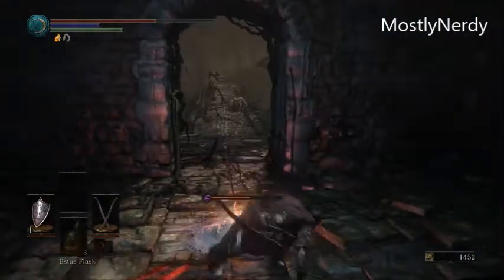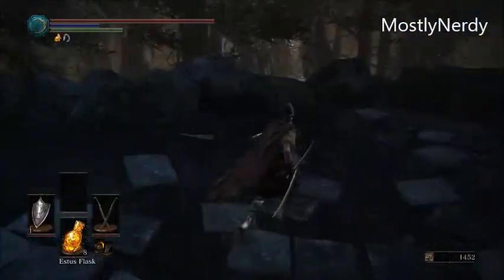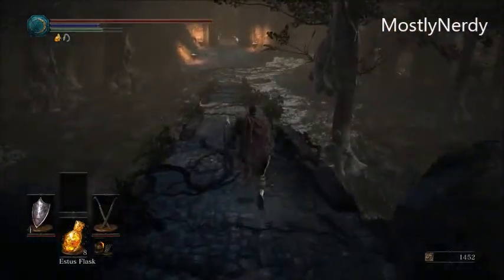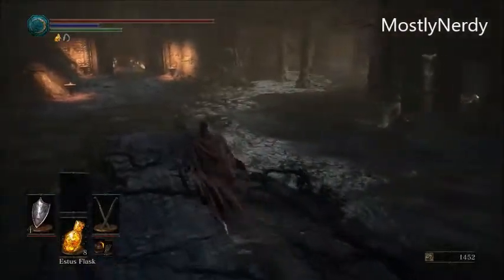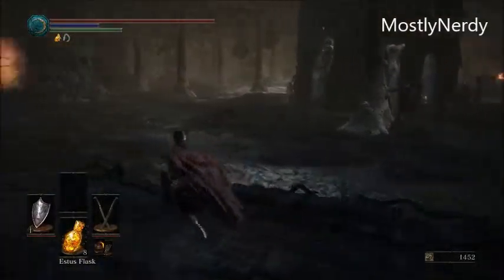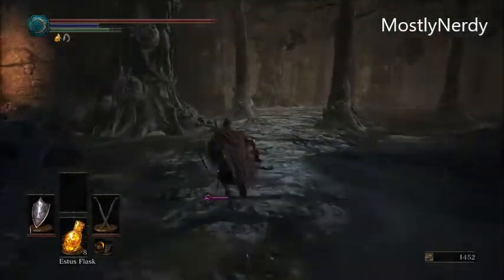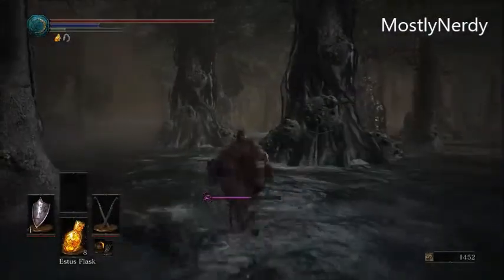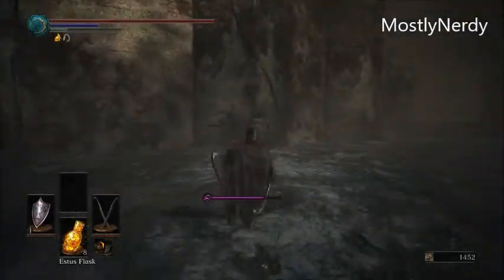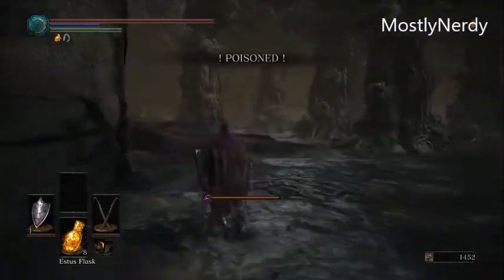So there is something that we actually missed whenever we went through, so I'm going to run and show it to you because there's a couple things that you might want to grab. And then there's a little bit of cleanup in this area. So if you run back towards where the enemies I just told you to avoid are, then you'll end up seeing a little bit of a cave, and there's a couple items in there that we can grab. So just run back towards